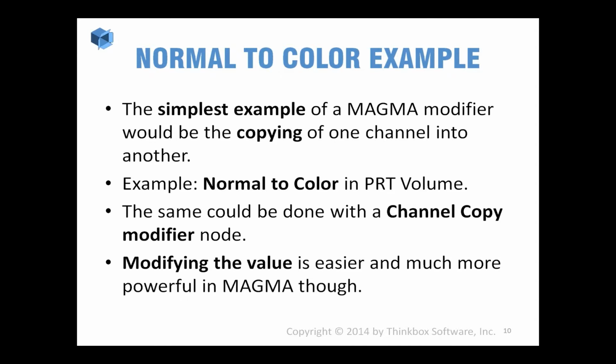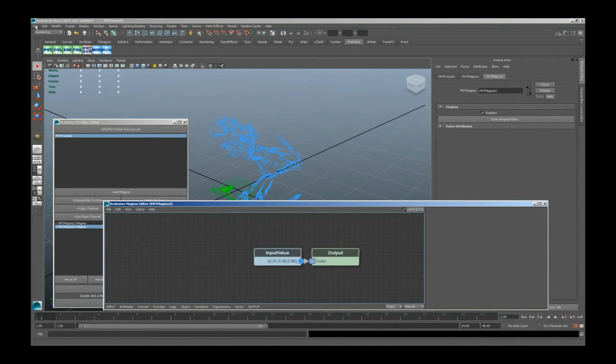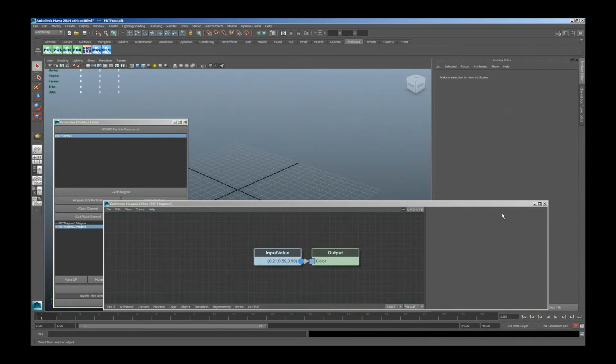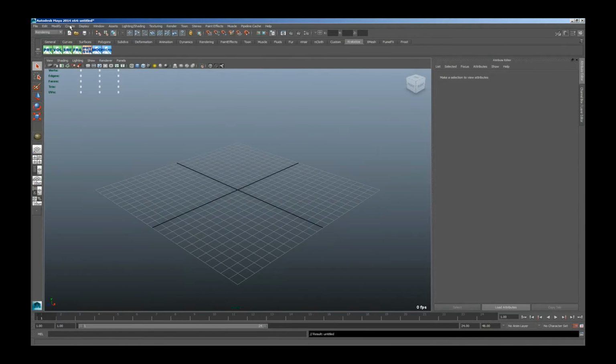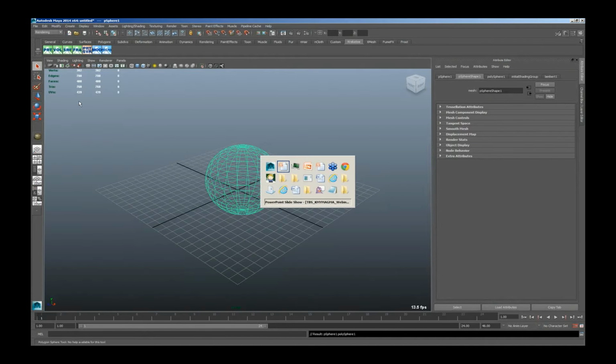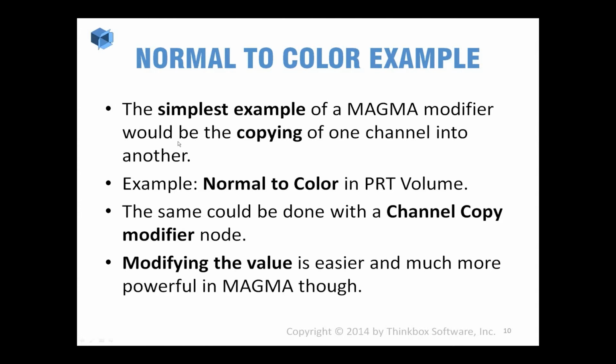I'm going to show you now a very quick example of how to work with the editor. I'll reset the scene and close the editor. If I update here, we see that we don't have any objects. So I'm going to create a sphere somewhere in the viewport. And what we're going to do is copy the normal, which in the case of PRT Volume and PRT Surface is being generated automatically from the surface of the reference mesh, and we'll copy it into the